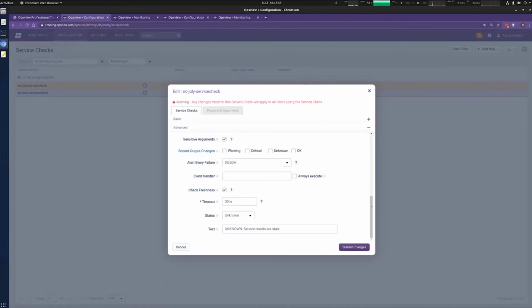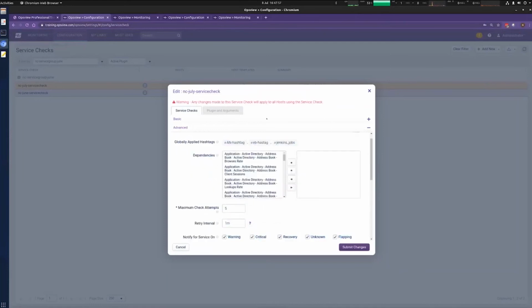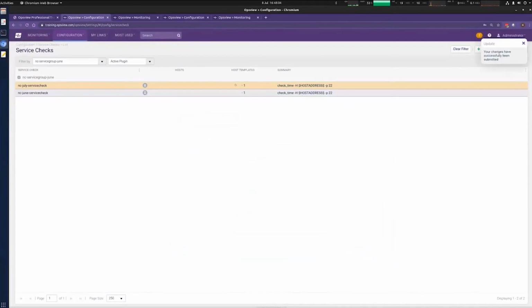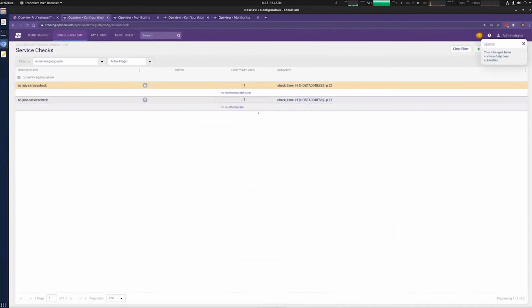And there are a few other options. Sadly we don't have time to go into all of them, but once we've got our advanced options set, I've got my new service check, it's assigned to my host template. I click apply changes,